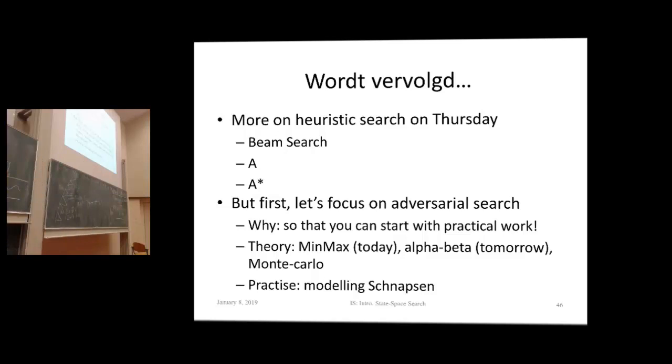So, on Thursday, I want to deepen both the informed search and the uninformed search. So uninformed search, I want to give you an algorithm I really like because it combines the advantages of depth first and breadth first search. And about heuristic search, I also want to give you the classic algorithm of A*, which is also overcoming the problems of not finding optimal solutions if you do just greedy best first search. But I also want you to start being able to understand the principles of adversarial game playing to program with.